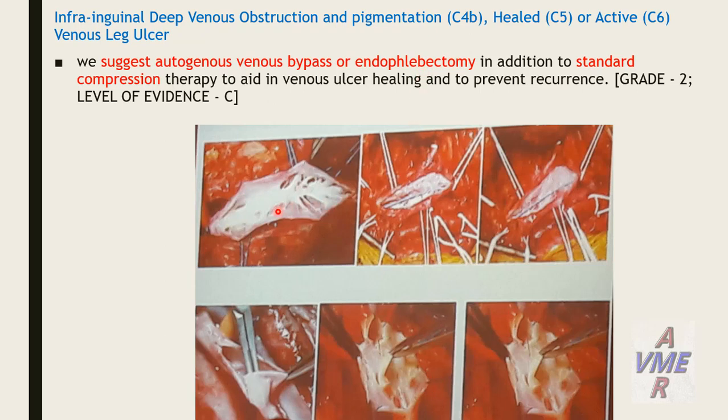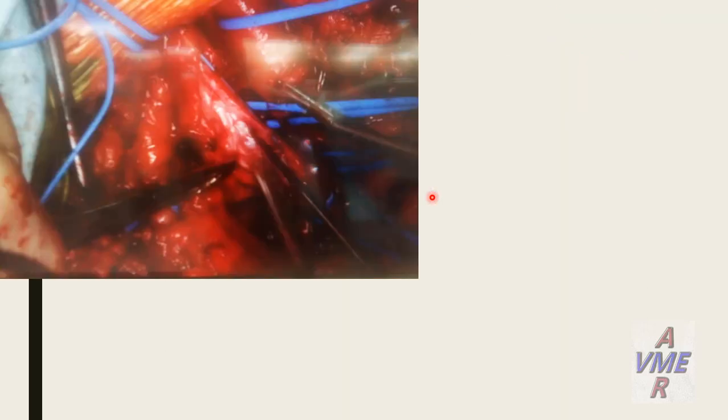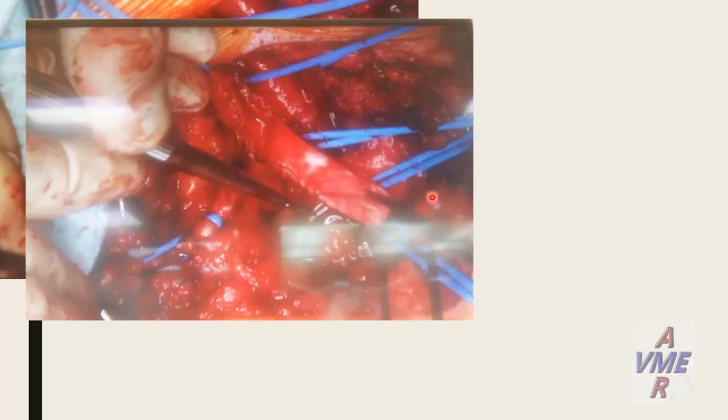And this is the incision of the vein, and you can find the replication of fibrosis, which is the main pathophysiology in the post-thrombotic syndrome. This is the technique of endophlebectomy and bypass. After exposure of the common femoral vein, incision and endophlebectomy and removing of the fibrosis,